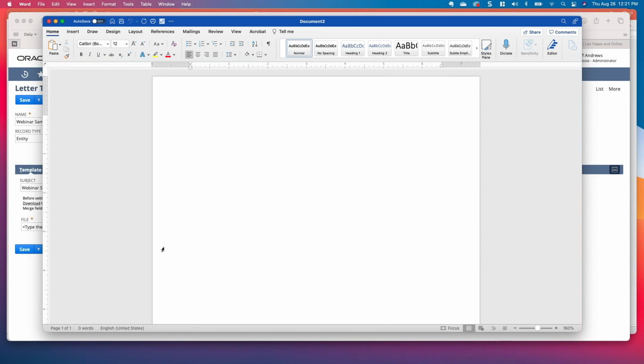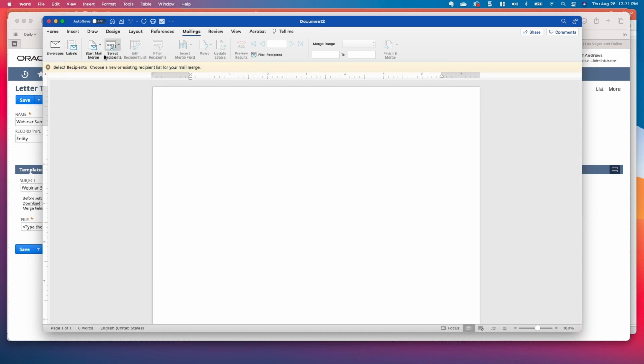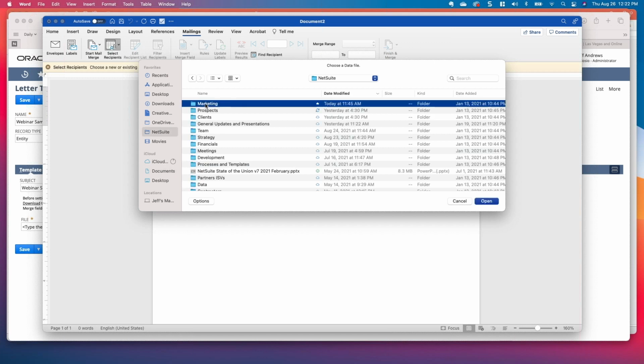if you'd like. But we open up a new document, we go to Mailings, and we select Start Mail Merge and select letters. If you've ever done mail merge letters or envelopes or labels, anything like that, it's the same process. Once we select mail merge letters, we can select our recipients. That would be common if you were actually creating mail merge letters with some kind of source file with people's names and addresses. In this case, what we're going to do is use our existing list, and we're going to select